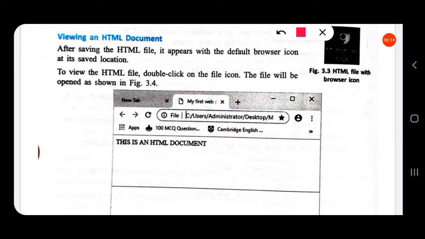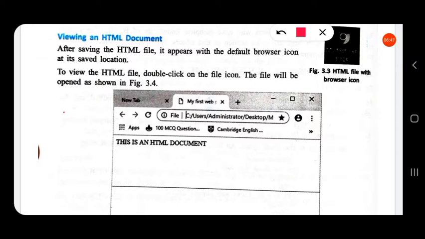So our default browser is Google Chrome. That is, I have set it as my default browser. Whenever anything opens up, it will be opened in our default browser. So in my computer it is Google Chrome. So whatever I save, whatever files are to be opened using the internet, will be opened up in that default browser.